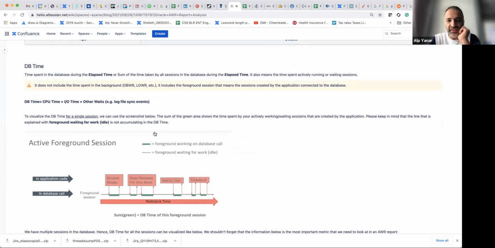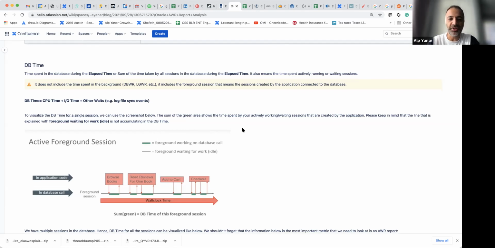And in this session, I am going to show you how to analyze it by going through an example. But before that, in order to understand how to check it, we need to know some terms in this report. I think the most important one is DB time. So when you have this report and check it, you will see this one. So DB time is,